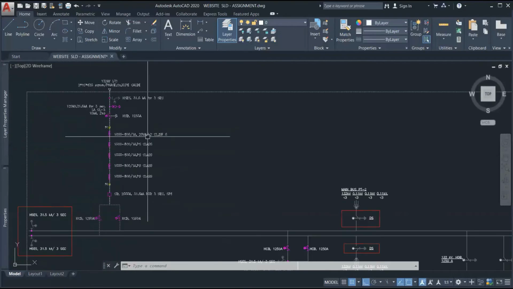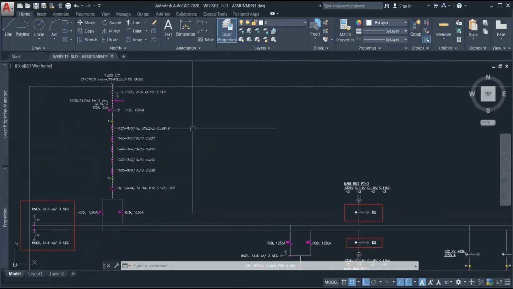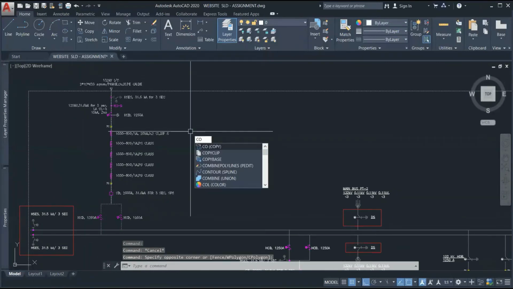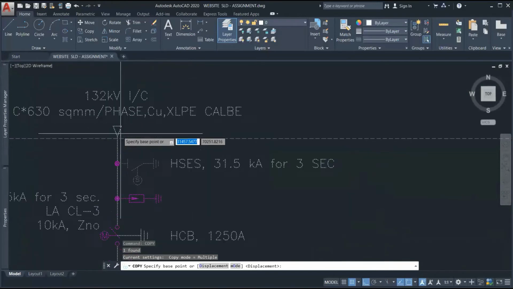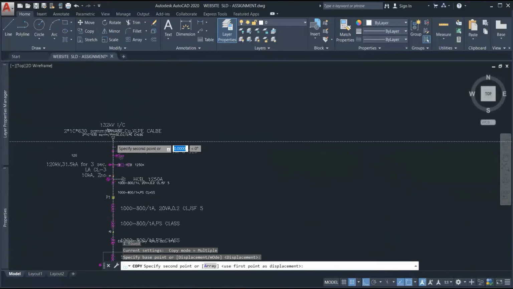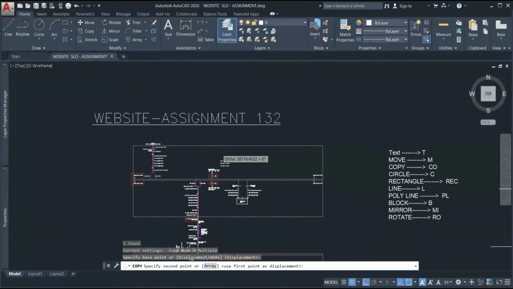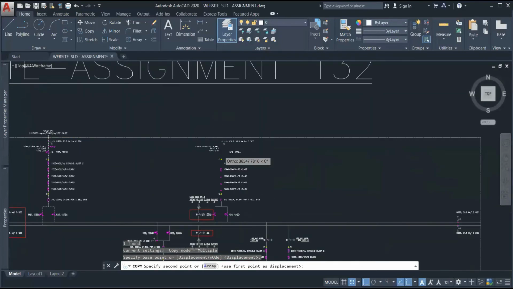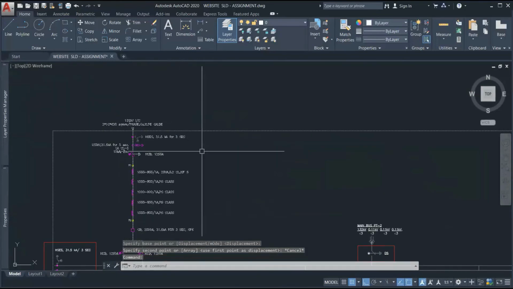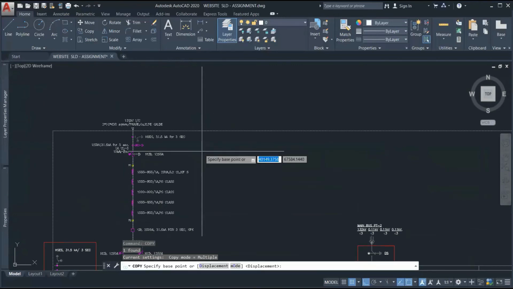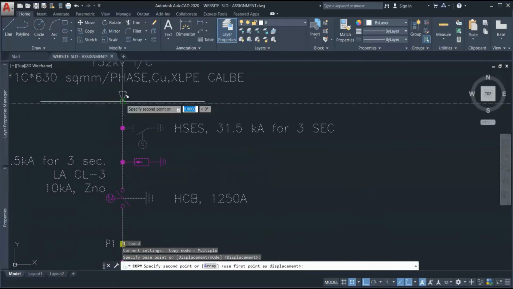I've made the object and I want to make a copy. So I'll just select the object. I'll write copy. CO enter you can do, or you can write down the whole command copy. I'll press enter and I'll select the point, like I'm selecting this point, and I'll move my cursor. You don't have to drag by clicking, just click once, like select the object, write copy and select a point, just click once, one click is enough.